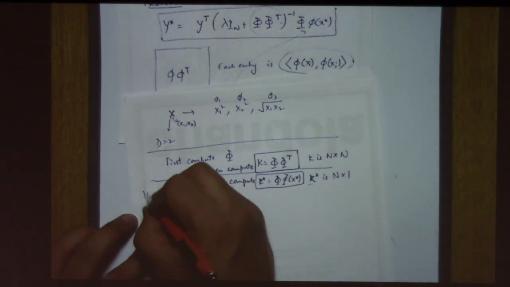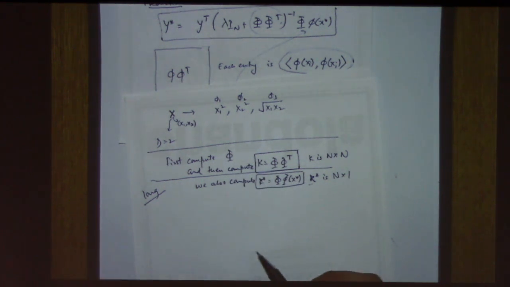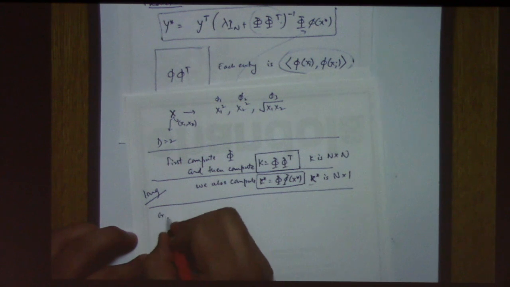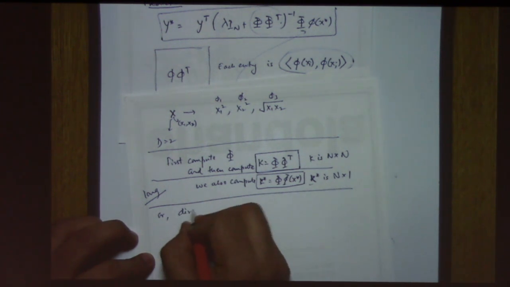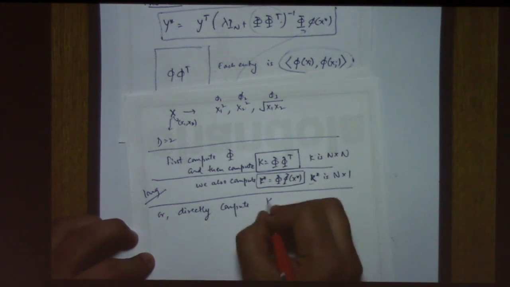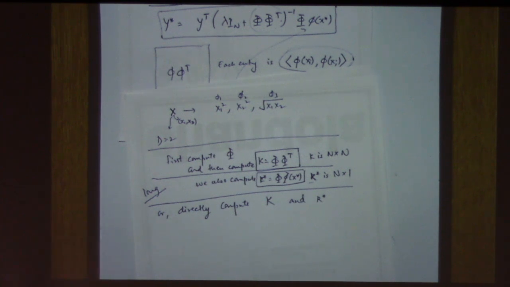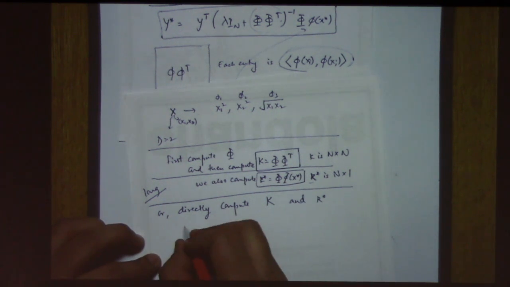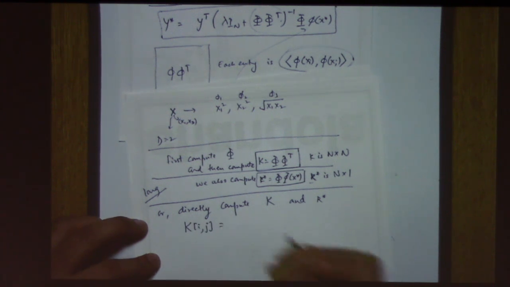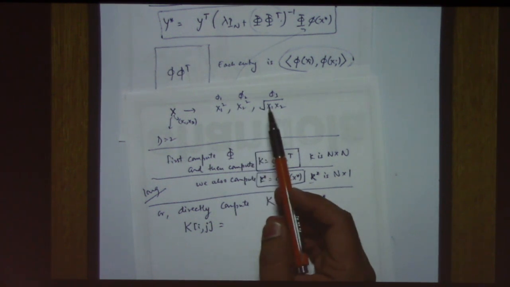This is the long process where you explicitly first map it into a new p-dimensional space and then compute this, or directly compute k and k star by applying a function that we call a kernel function. So we can say that k of ij will be, what will be k of ij? I think it's going to be,